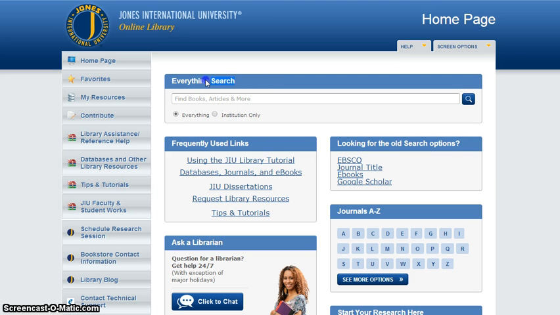Today I just wanted to go over our everything search. You can find the everything search on the main page of the library, and basically what this search does is it connects to all of our databases. Over here I've got a bunch of databases, and everything that we subscribe to is in this link. But what this does is it hooks up and talks to all of them at the same time. So when I do a search here, it goes through all of those databases.